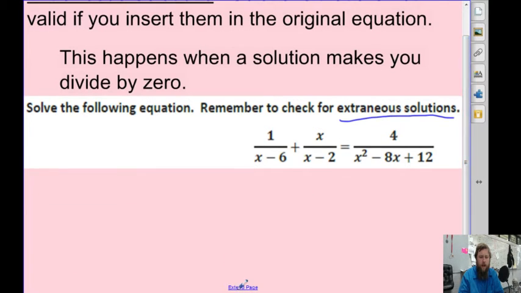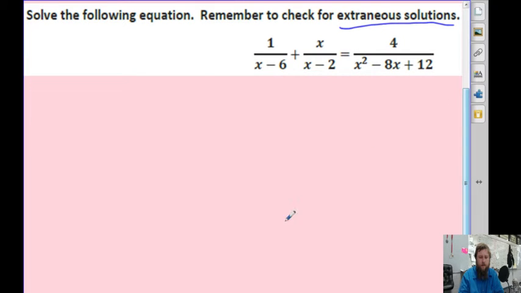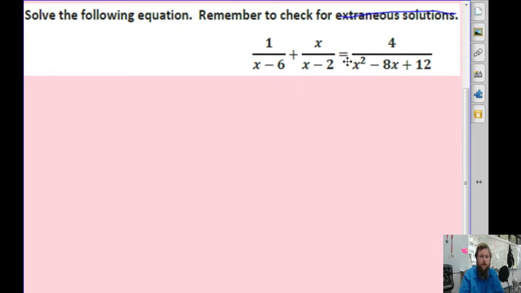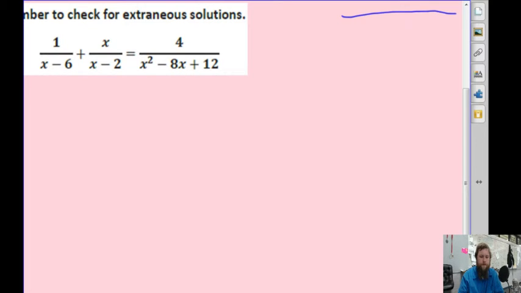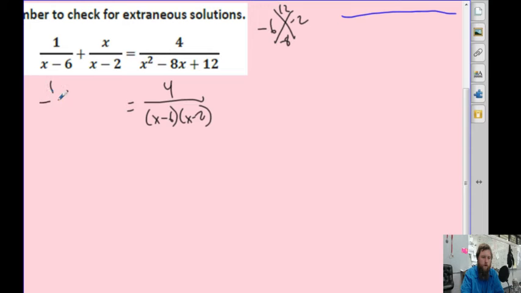So I'm going to take this next example right here. We'll do another one, and I'm going to do this by the second method, multiplying by the lowest common multiple, getting rid of fractions. In this case, I'm going to factor on the left side. So I get 4 over, and if you're factoring that, it's going to be 12 and negative 8, so your two numbers are negative 6 and negative 2. So it's 4 over x minus 6 times x minus 2